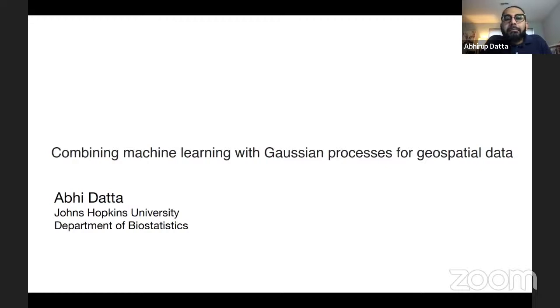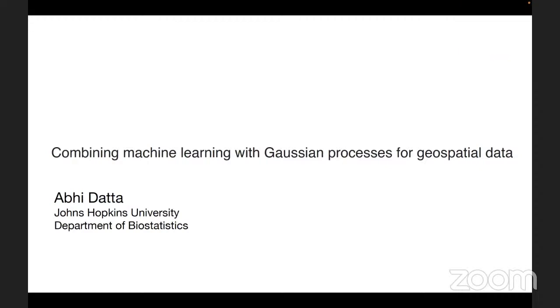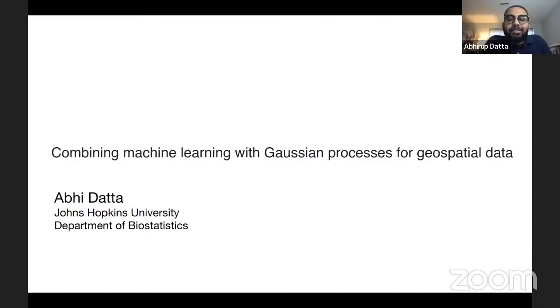Because my training is more on statistically modeling the spatiotemporal dependence, I was curious about how these methods account for spatiotemporal dependence in the data, and that's the motivation for this talk. I'm going to be delving into this issue in more detail.